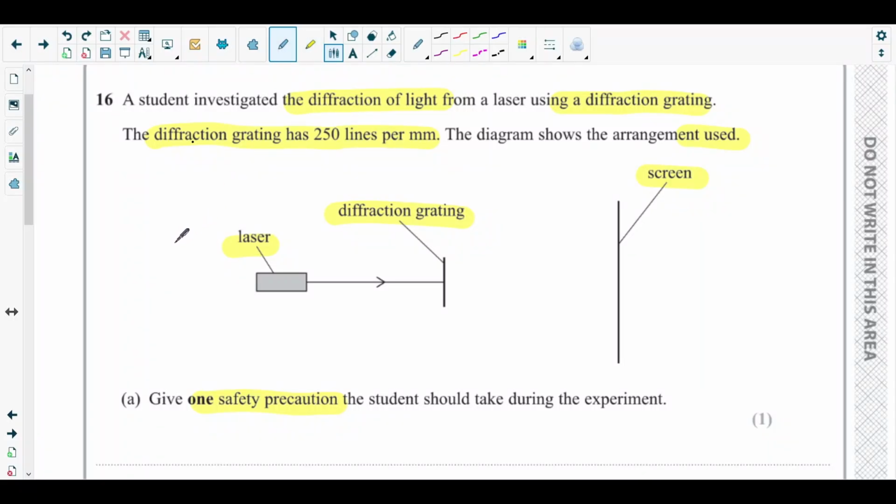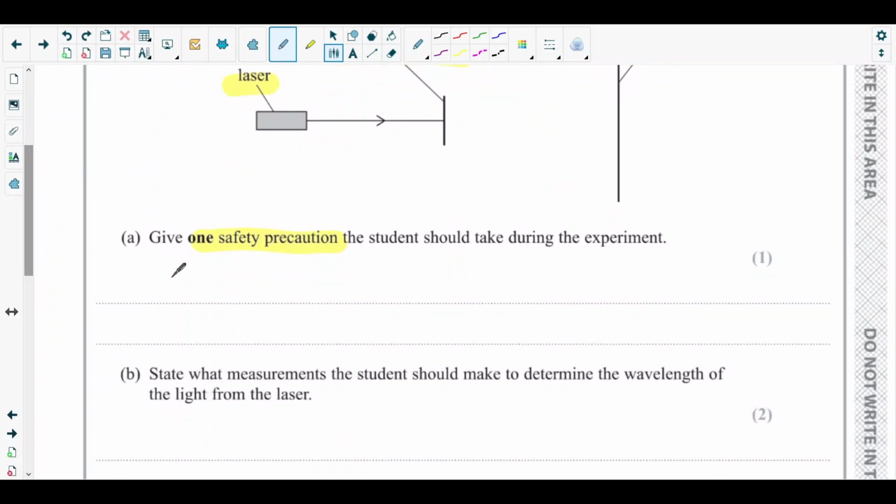So if the laser light is incident on someone's eye, then the person will feel uneasy or uncomfortable. So one safety precaution we can say in this case is that direct the laser light